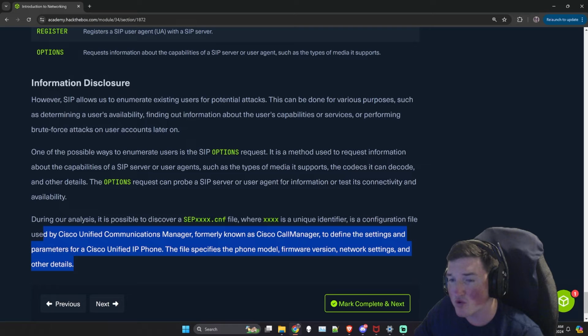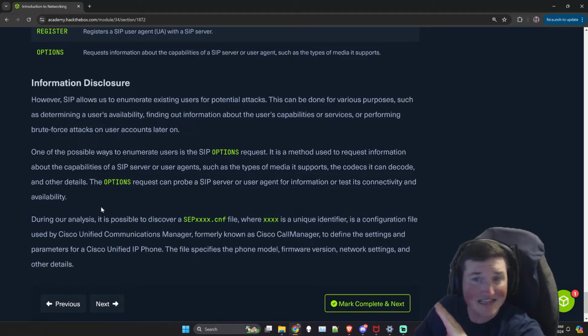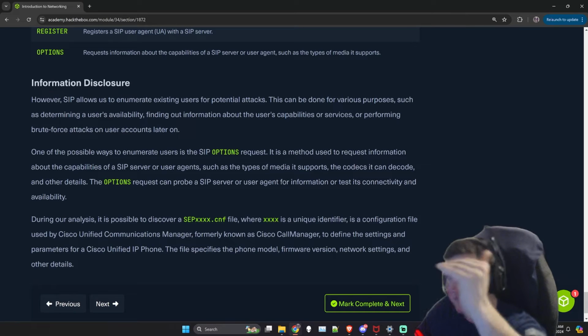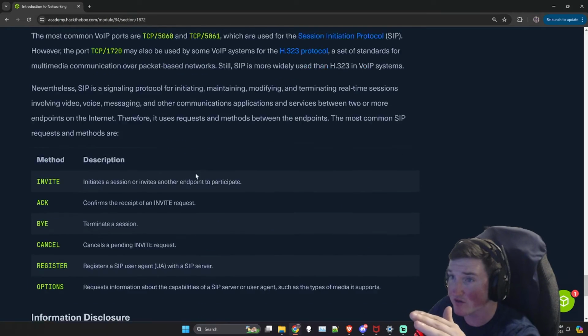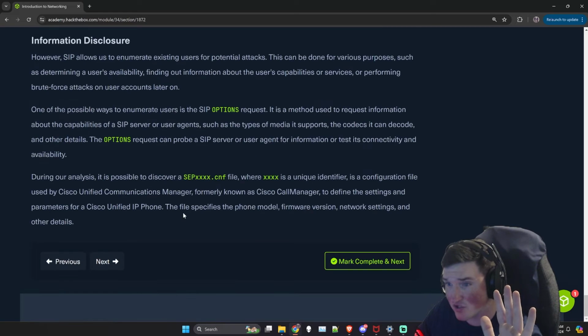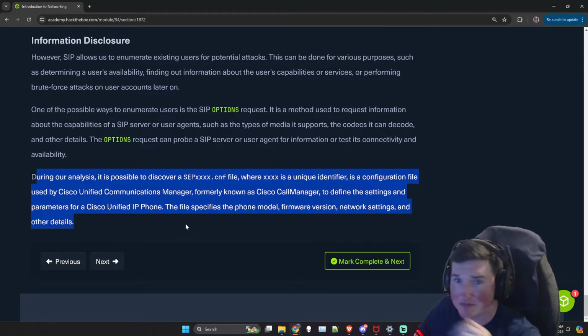They are talking about a more sophisticated attack that you are not ready for, and that's not being a jerk. It makes no sense for you to hop from, I know SIP, which is, I just learned right here, that session initiation protocol, I just learned it, to, okay, now I'm discovering a config file.